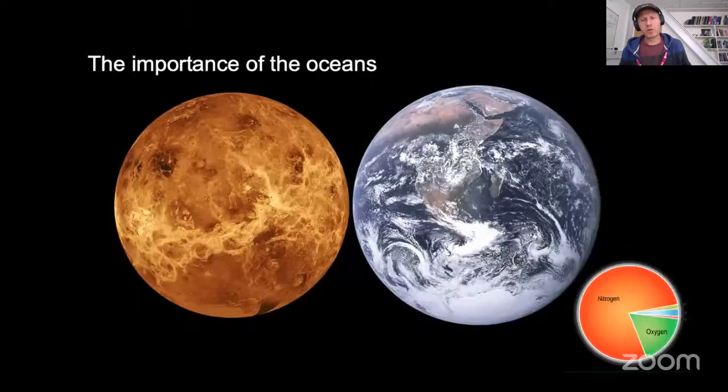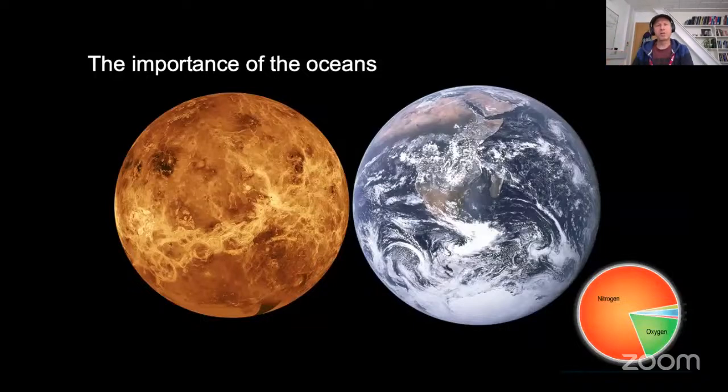You can see the importance of the oceans within the global carbon budget, assessments and cycles if you compare Venus, which we have here on the left, with the Earth. Venus is our closest neighbor. Earth and Venus are about the same size, about the same distance from the sun. We receive about the same amount of energy from the sun, and so the two planets have evolved in very similar ways. And they both have about the same amount of total carbon within their systems. But the difference with Venus is that it's all airborne. And so the temperature at the surface is about 470 Kelvin, and the atmosphere is, to us at least, very highly toxic because it's full of carbon dioxide.